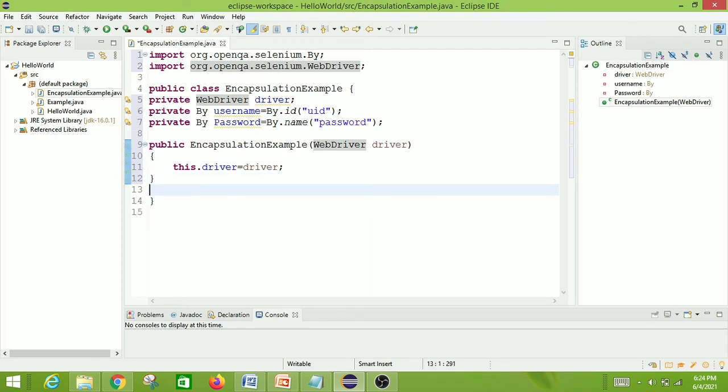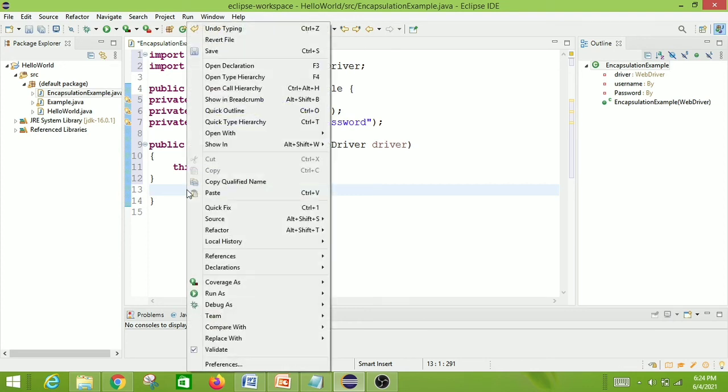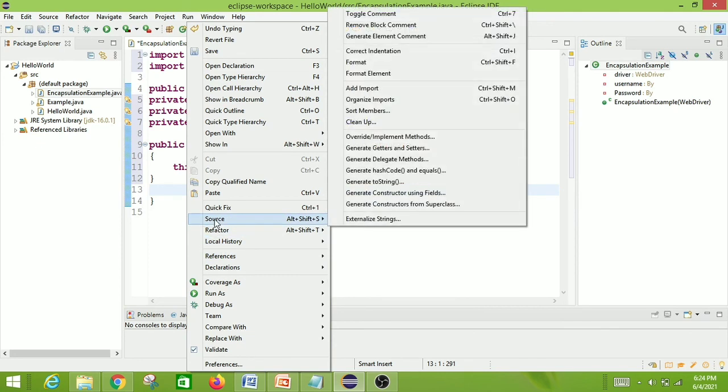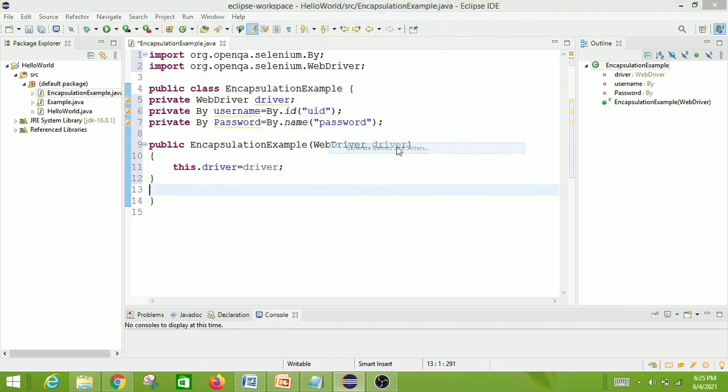Now we have to create the corresponding public methods, that is getter and setter, to access these data members. In order to do that, we can right click on the screen and select Source. We have to find Generate Getters and Setters. You can see it will be automatically generated for us.